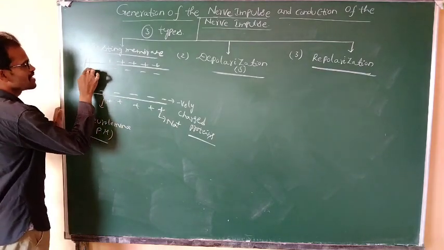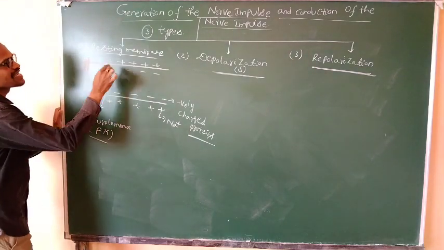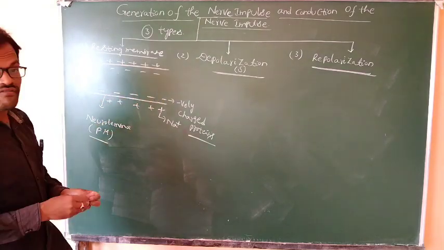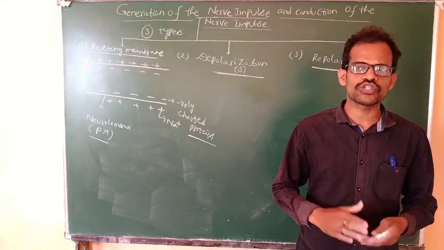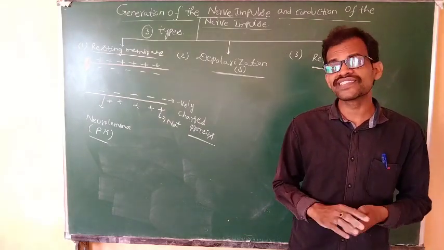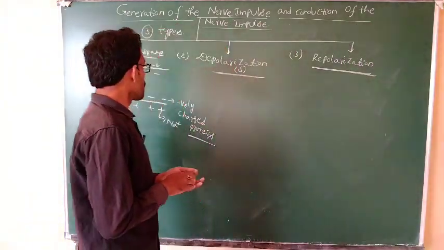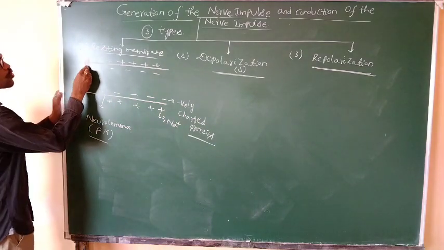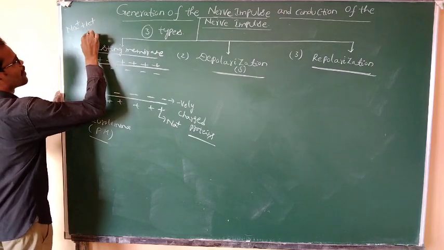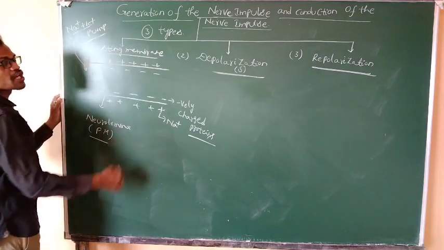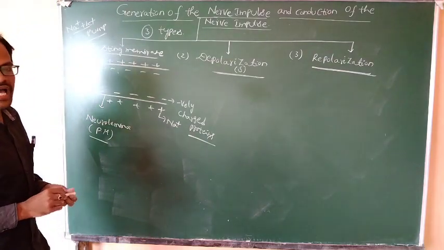The membrane consists of different types of ion channels: sodium channels, potassium channels, the sodium potassium pump, and also voltage gated channels. They are selective for the movement of molecules. The sodium potassium pump maintains the balance.